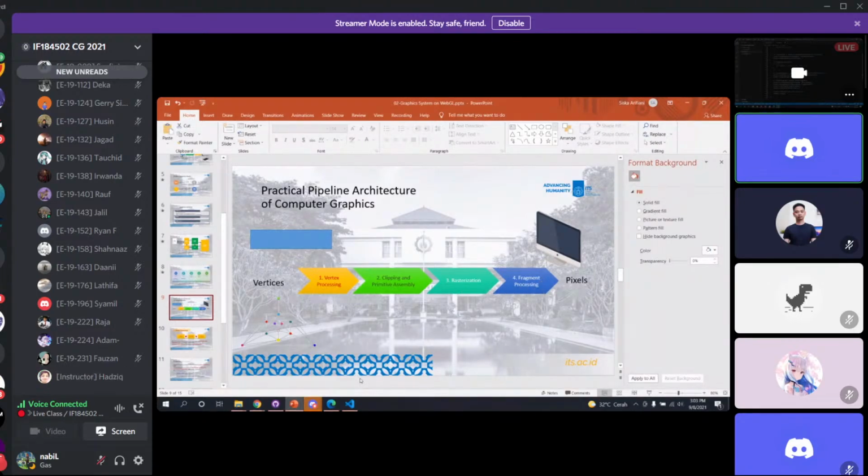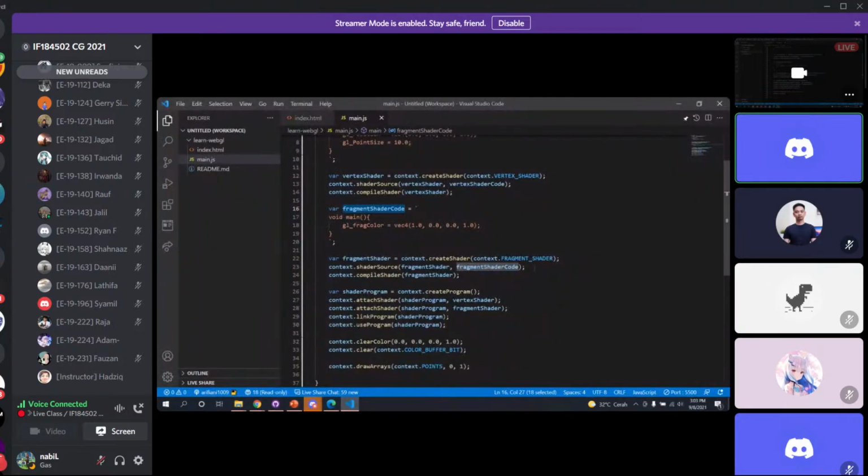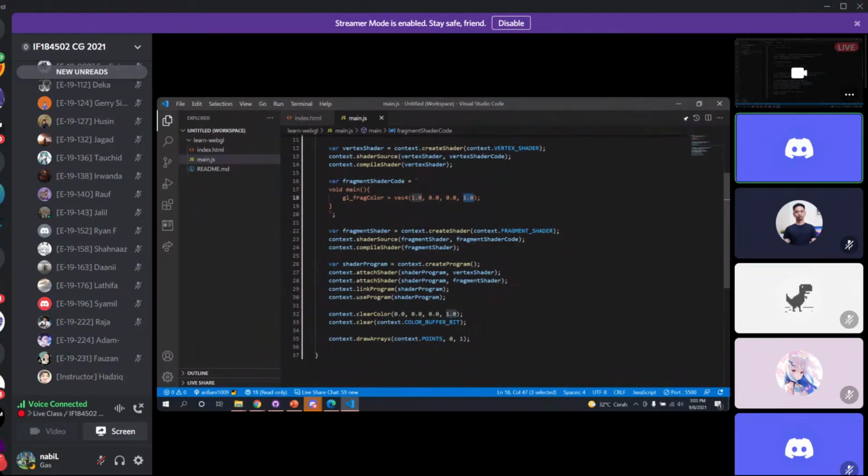So we can define the color of our vertex by using this fragment shader code. Yeah, we use GL fragment color. There are 4 parameters here. Yang pertama ini adalah red, lalu ada green, ini ada blue, lalu one. Ini yang terakhir, the fourth parameter, describes the transparency. Jadi kalau kita mau buat dia agak sedikit transparan, kita bisa menggunakan parameter alpha ini. Namanya alpha. Okay,